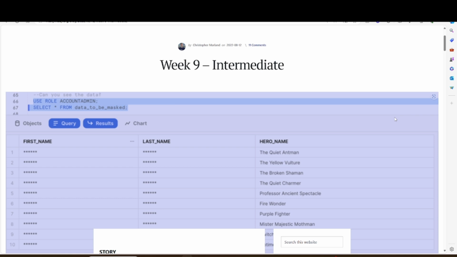Today we're going to look at challenge number 9, which involves tags and masking policies. We have looked at tags in our previous video, which I do believe is challenge number 7. Just to recap, tags or object tagging in Snowflake is a label or an identifier that can be assigned to any Snowflake object. So when we say object tagging, it's used to organize and categorize data objects,